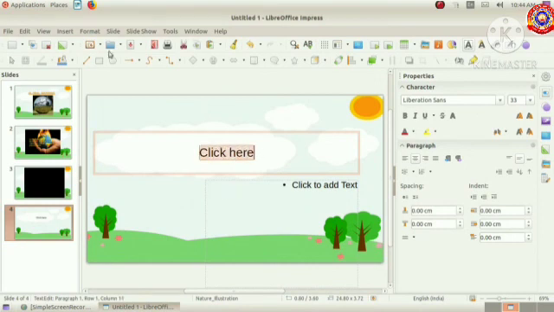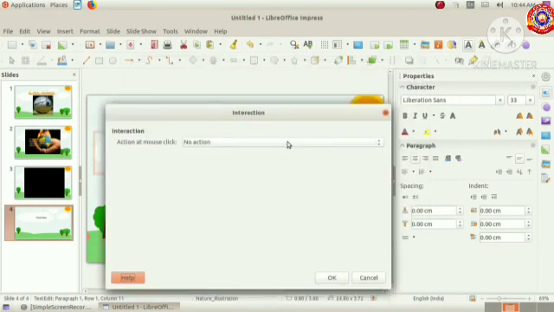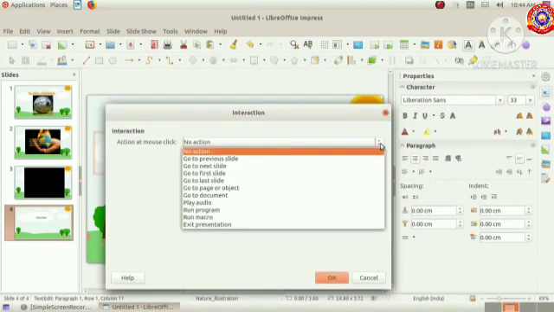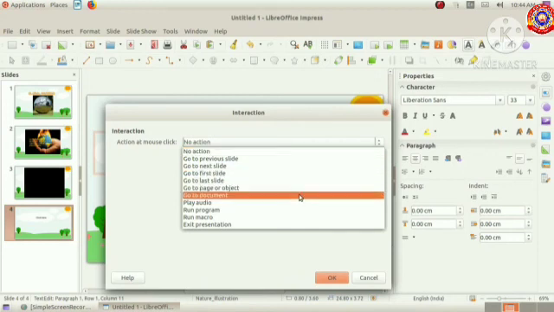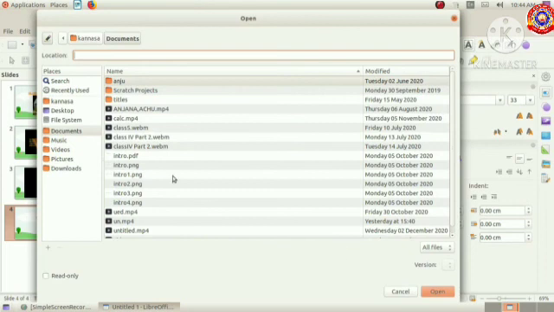Then select that object and go to Format menu, Interaction option. Then from the window that opens, select Go to Document. The purpose is that when we click at the object, we will go to this particular document. From here, we can browse the required file and include it in our slide.